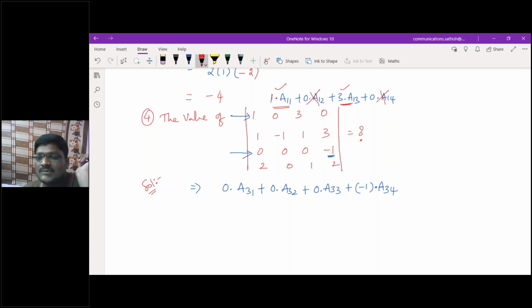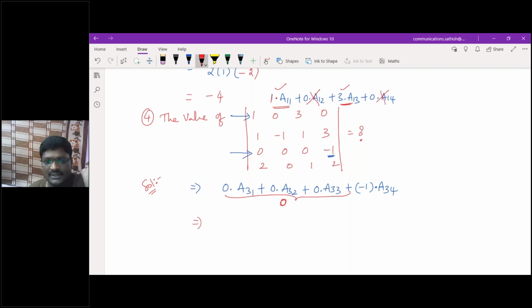I'll do one thing. First, wait. First, I will go with this one. Then I'll explain that also. You don't get bothered. First, I'll give you with this third row. Then I'll solve the same with the first row also. Yeah, all these are 0.